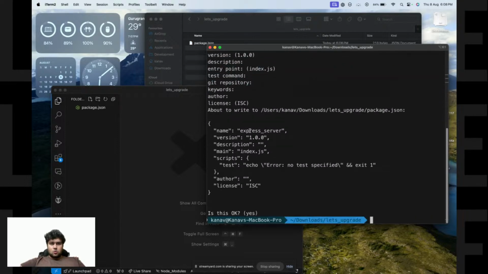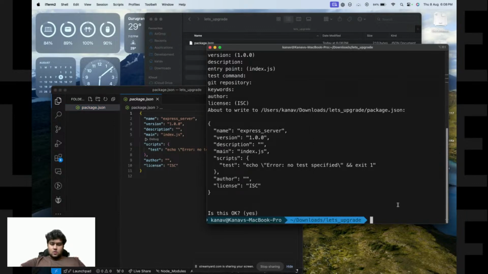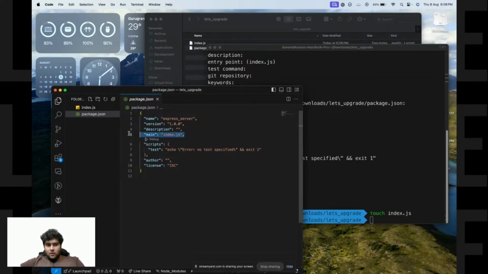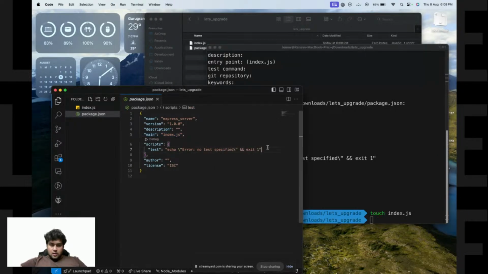By doing this, our package.json file has been created. Now I'll create another file called index.js, because the entry point of a project is index.js. I'll also write a start command and let's try it out.